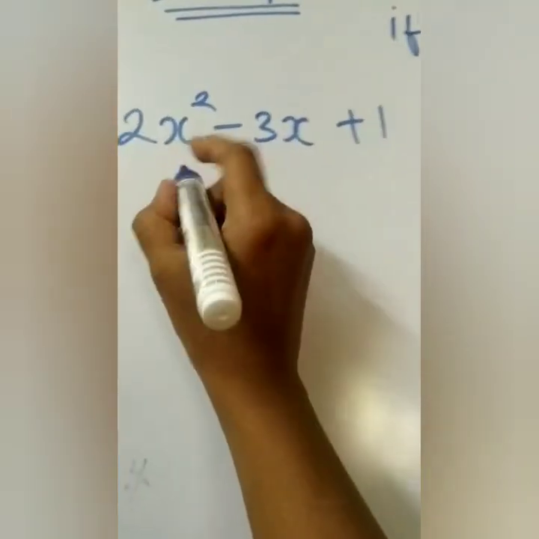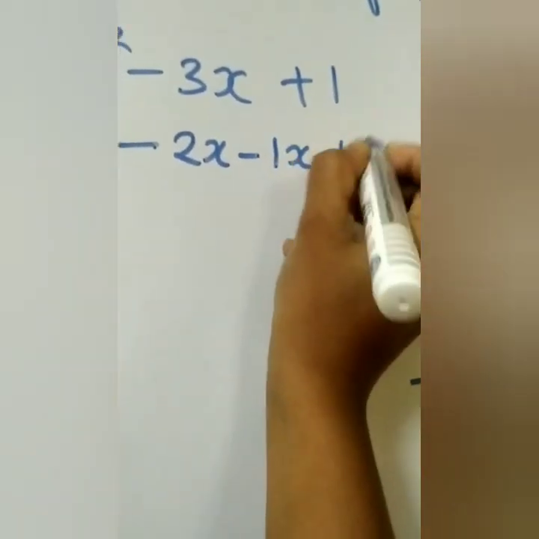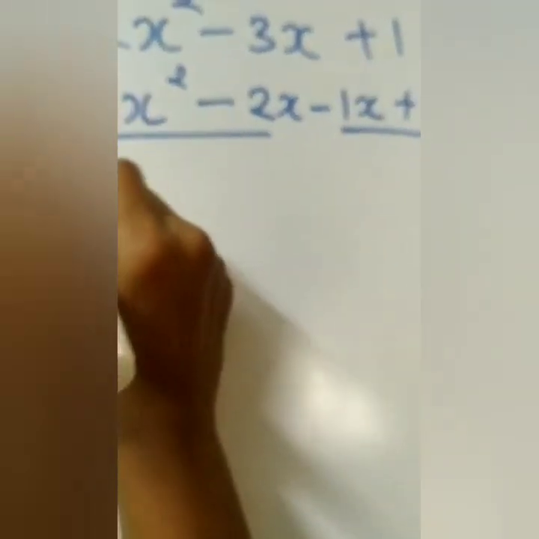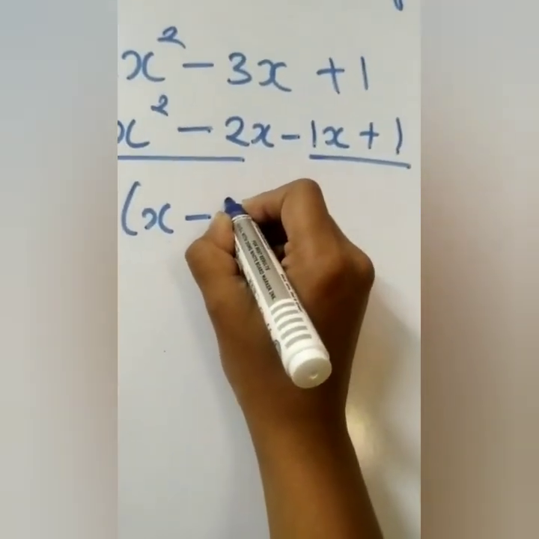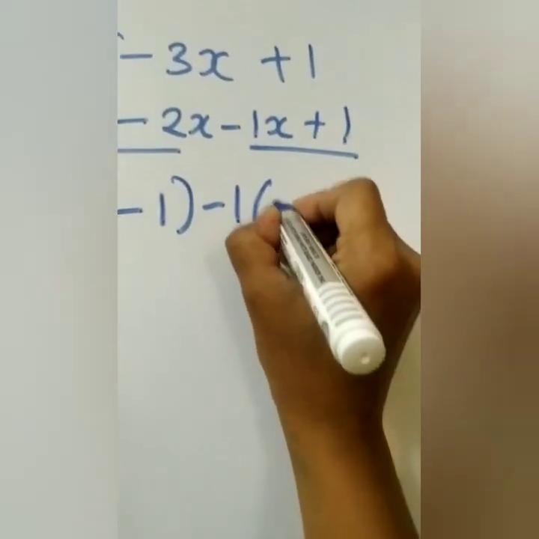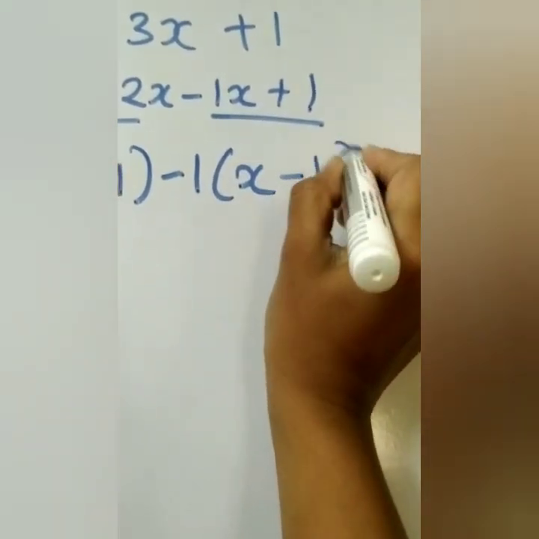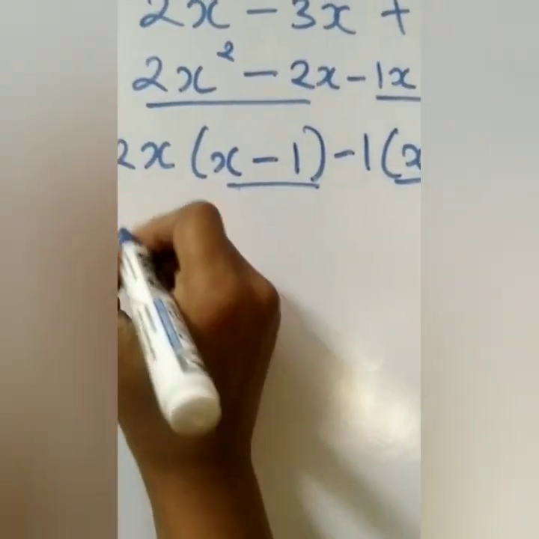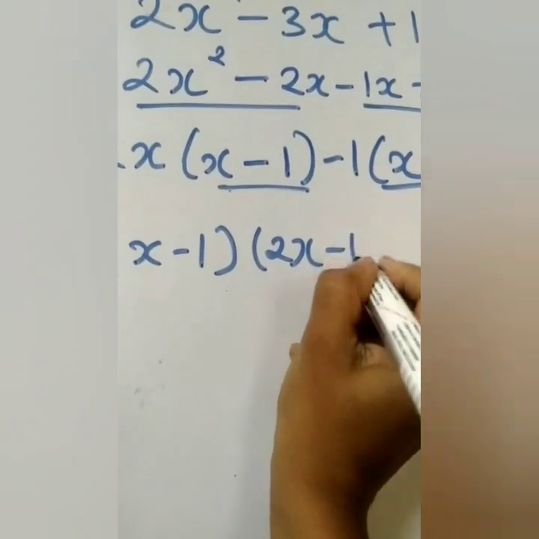So now in place of minus 3x, you can write 2x square minus 2x minus 1x plus 1. Here we will divide it into 2 parts. We will take 2x common from it. So here x will remain, here minus will remain, and 2x, the whole term we have taken out, term 1 will remain. If you are taking minus 1 from here, x will remain the same, but you have taken minus common, so this symbol will again become minus, and you have to make these 2 brackets the same. If these 2 brackets are the same, then you will write it as one bracket, and in another bracket you will write 2x minus 1.